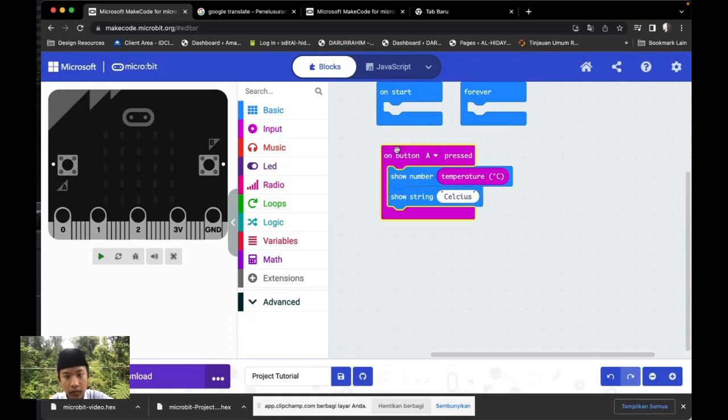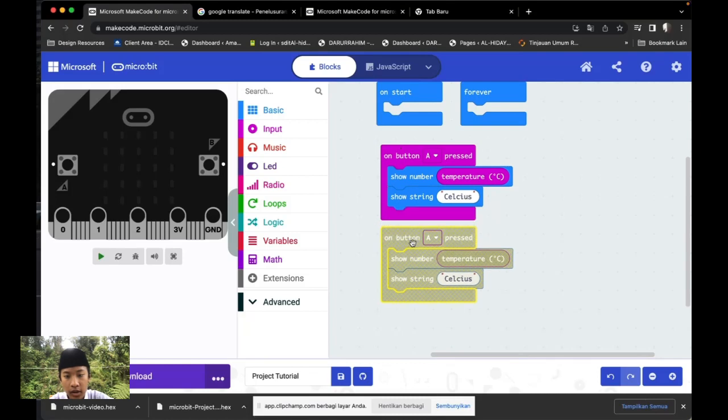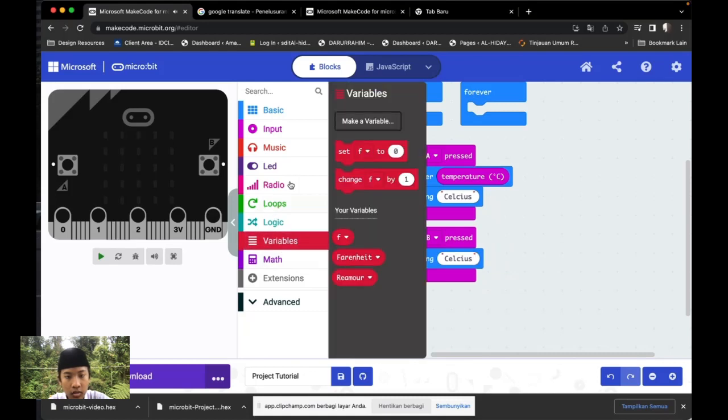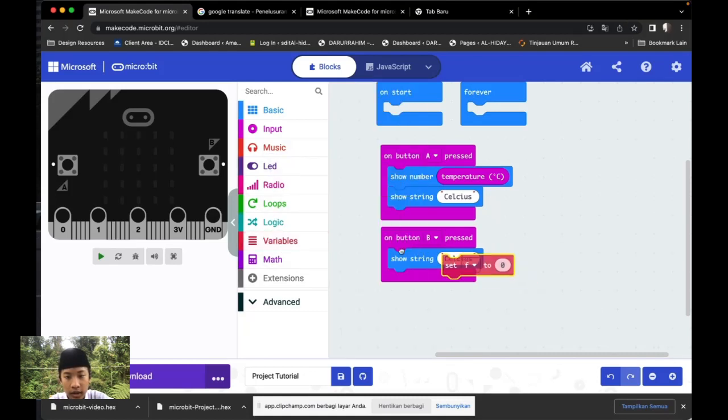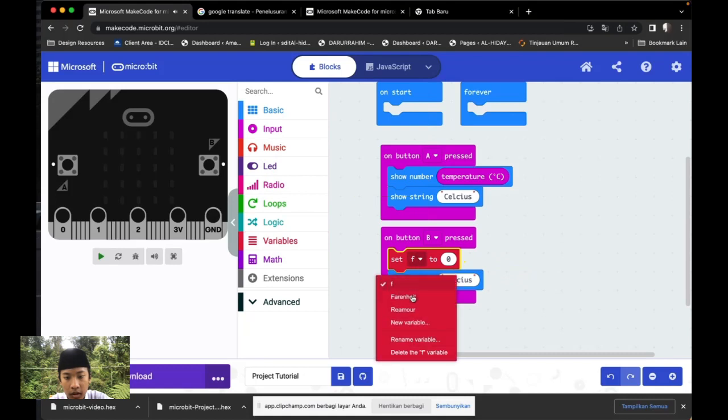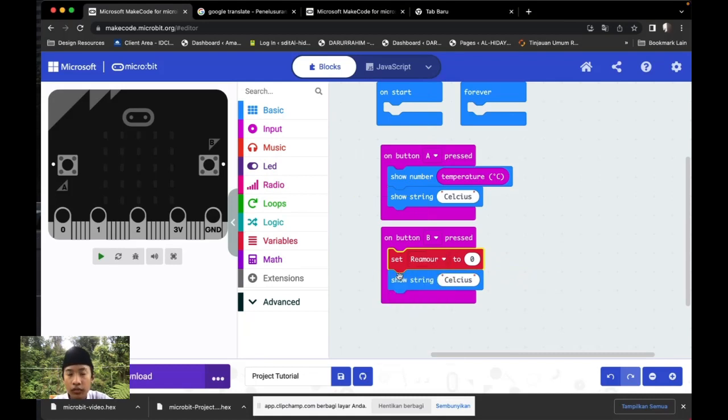And you can copy paste to make it easier and change on button A to B. And you go to variable and set variable is remor. Oh yeah, don't forget you first make the variable first, and go to math